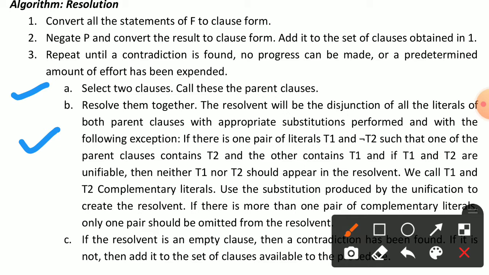The exception: if there is one pair of literals T1 and not T2 such that one of the parent clauses contains T2 and the other contains T1, and if T1 and T2 are unifiable,